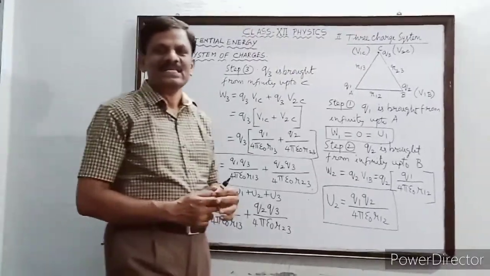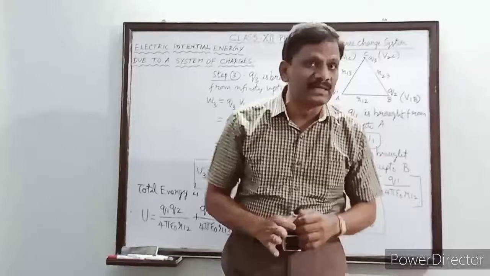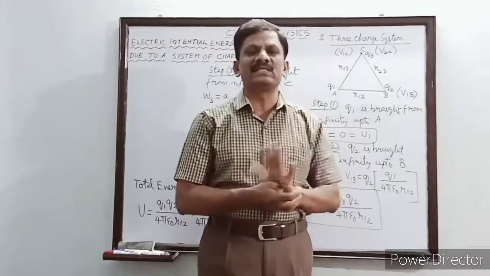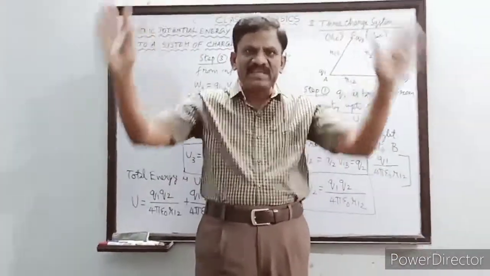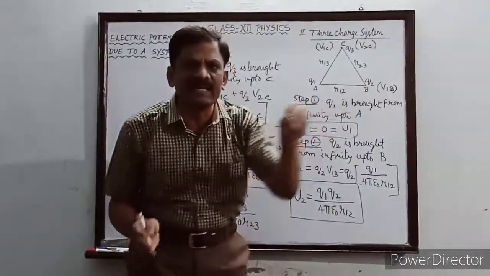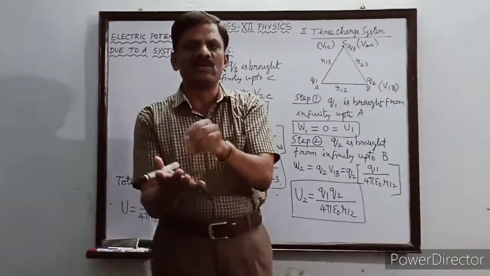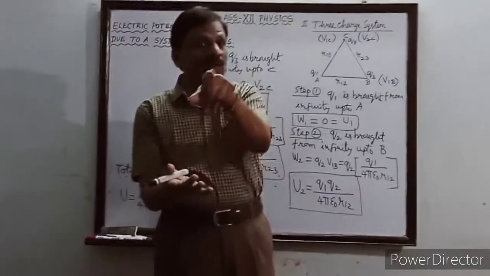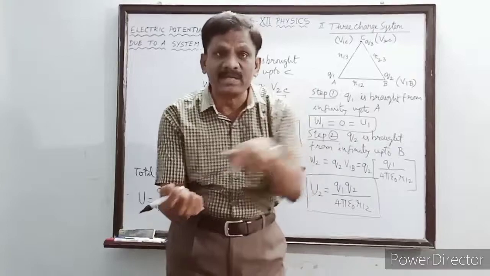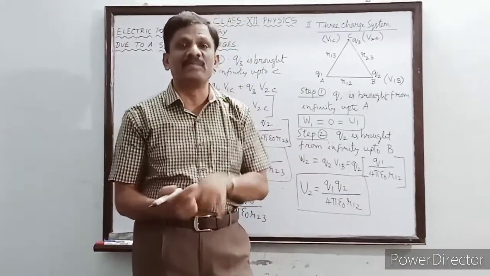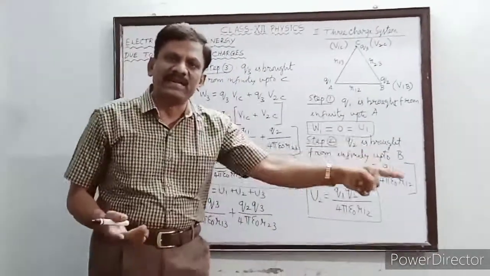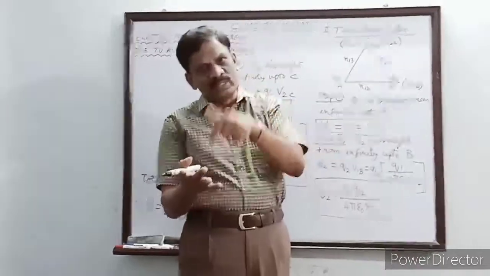Have you all understood? So once again I am repeating this, my dear students, learn carefully. Though there are three charges given to us, at a time all the three charges we are not going to consider. First, imagine in free space there is no charge present. In such a situation, bring a Q1 coulomb of charge from infinity and place at point A. For that there is no repulsion because only Q1 is brought. Therefore the work done is 0. In the presence of Q1, when you bring the second charge Q2, it will be repelled by Q1. Therefore work has to be done against the repulsion by Q1. Therefore, in the second step, the work done is not 0. It is Q2 times the potential at point B due to the first charge Q1.